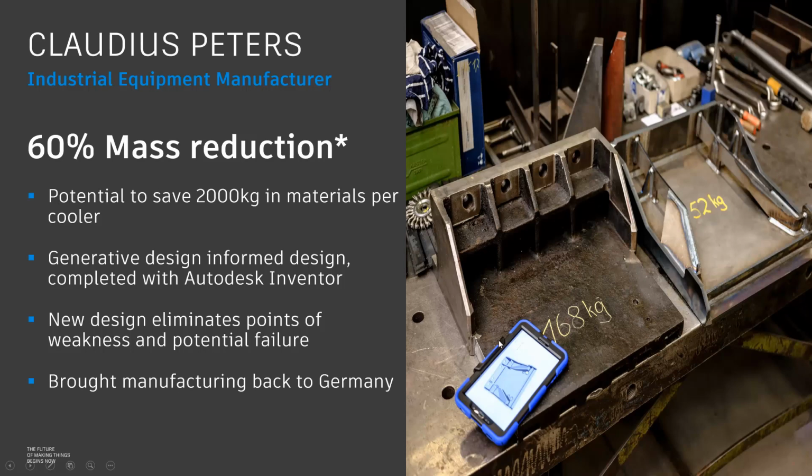So with a weight which was close to 170 kgs, they were able to reduce it to 50 kgs. Imagine the impact that it can have on society and planet, and they were able to come up with a sustainable design at the same time using their conventional machines and manufacturing means.